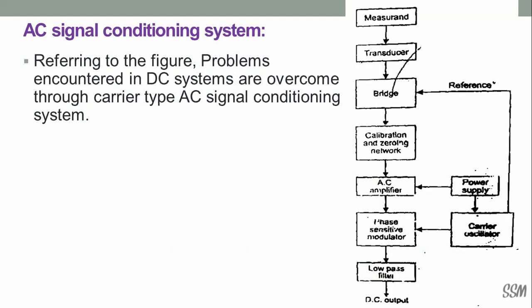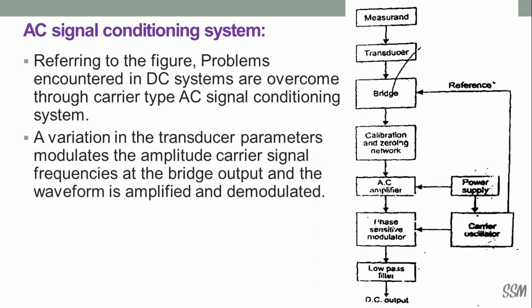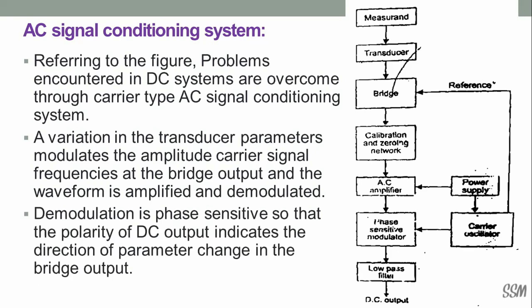Next, we'll discuss the AC signal conditioning system. Referring to the figure, the problems encountered in DC systems are overcome through the carrier type AC signal conditioning system. The transducer parameter variations amplitude modulate the carrier frequency at the bridge output, and the waveform is amplified and demodulated. The demodulation is phase sensitive so that the polarity of the DC output indicates the direction of the parameter change in